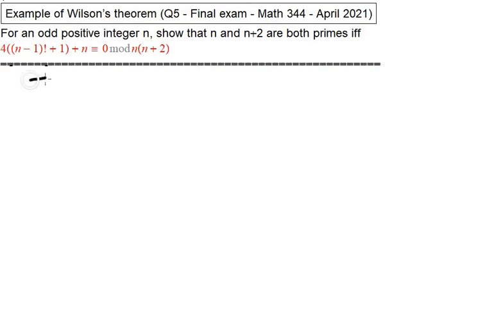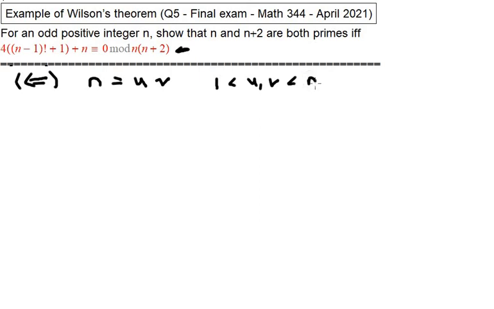Alright, so let's go in the other direction. So we're assuming that this expression is true. So this is true. So now, I'll prove it by contradiction. Assume that n is not a prime number. So n is equal to u times v, where 1 is less than u and v, and that must be